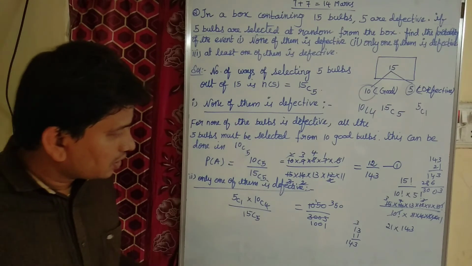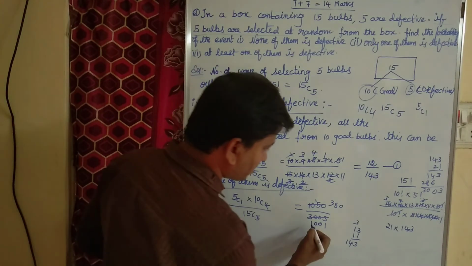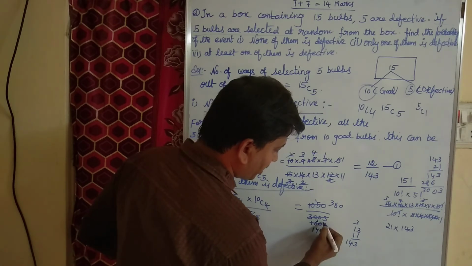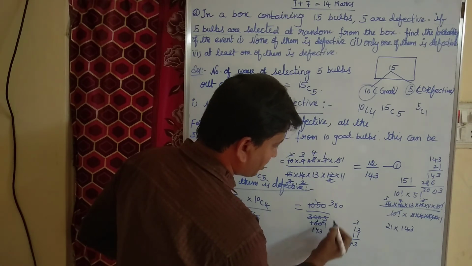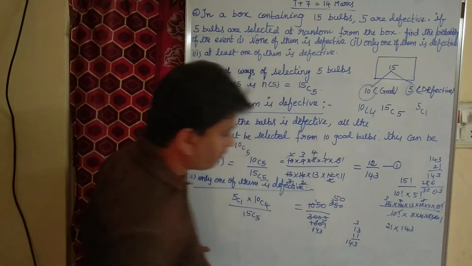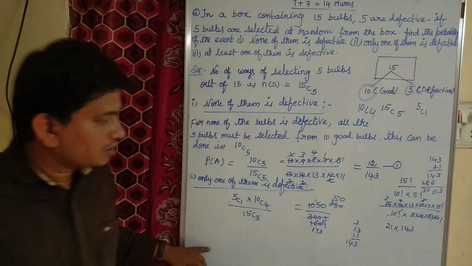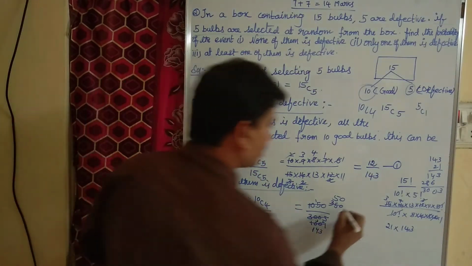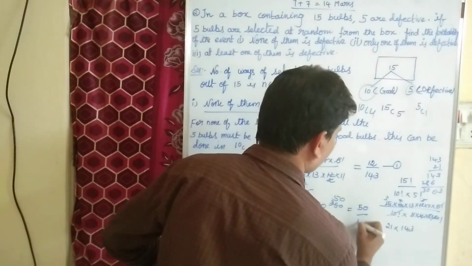Still it will go with any table? 1001, I guess the 7 table. Let us check with the 7 table. 7 ones are 7, 7 fours are 28. Yes. So we got 15 by 143. Still it will go with any table? No, I guess. So we got the answer 15 by 143.